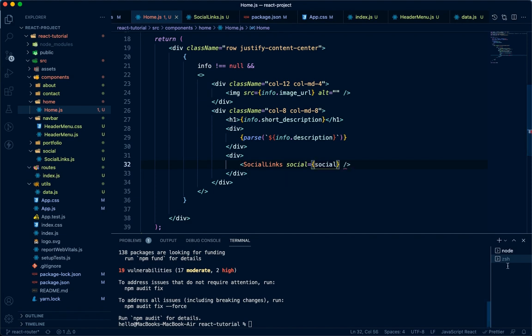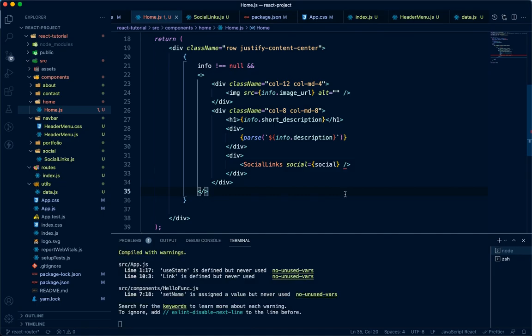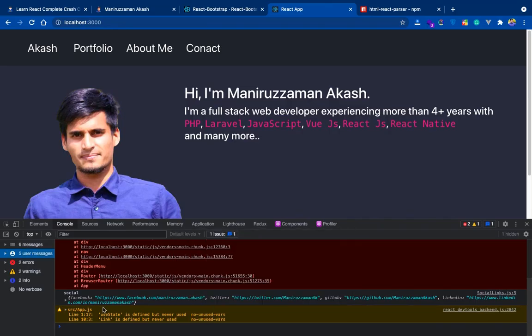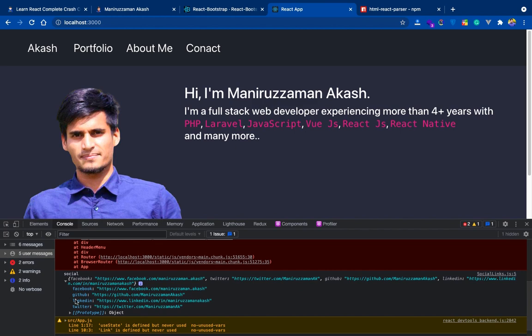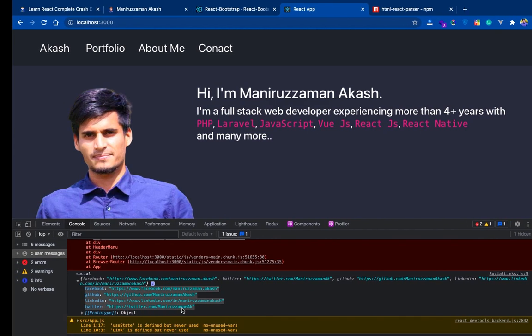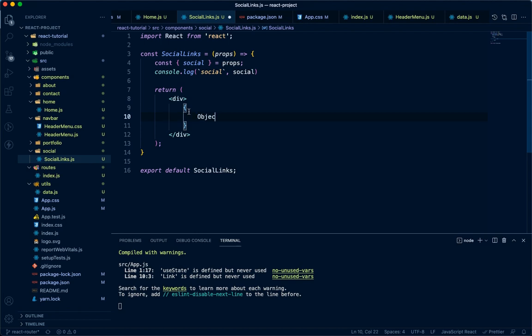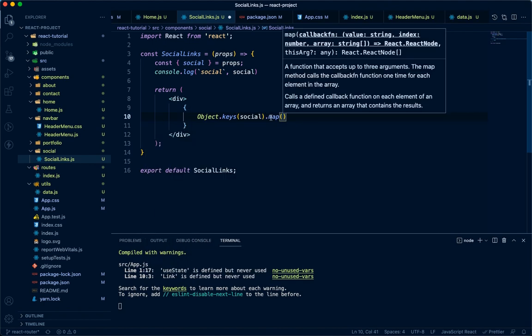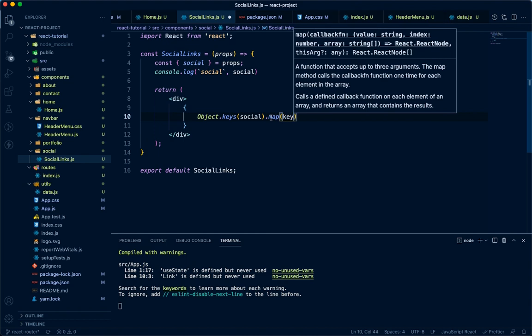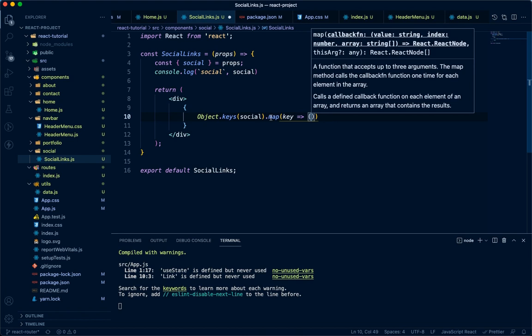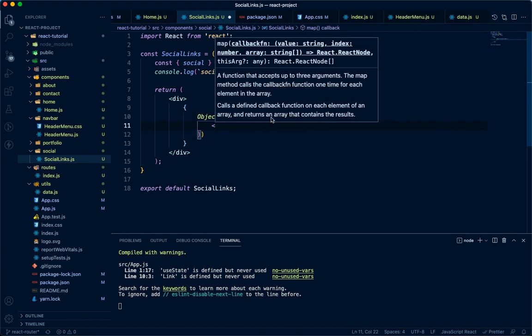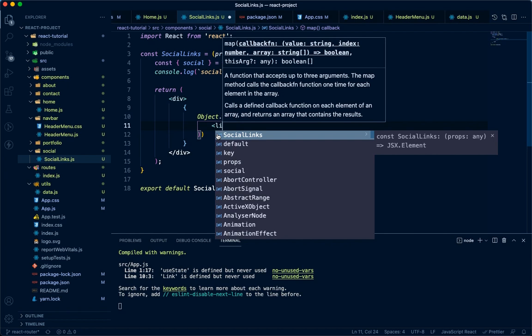Okay, save it, and so we can see here we have the object of social with all of the links. That's great. Okay, so since we have all of the links, we can print it here. Object.keys of social dot map, and here we can get key and the first bracket, and I'll actually list